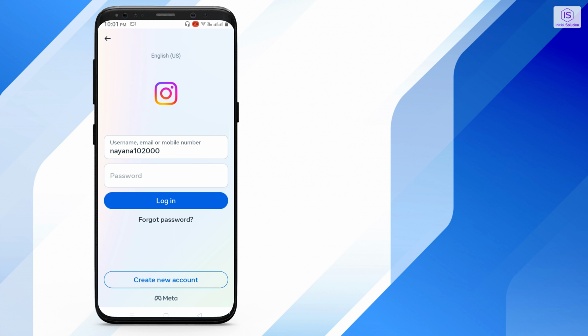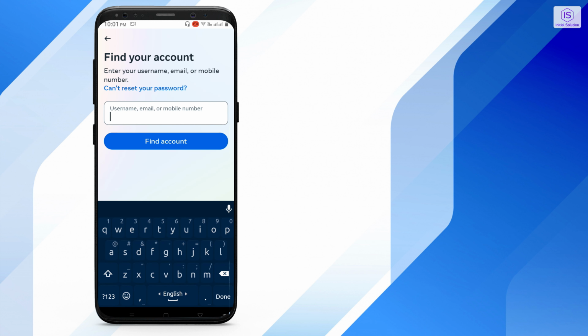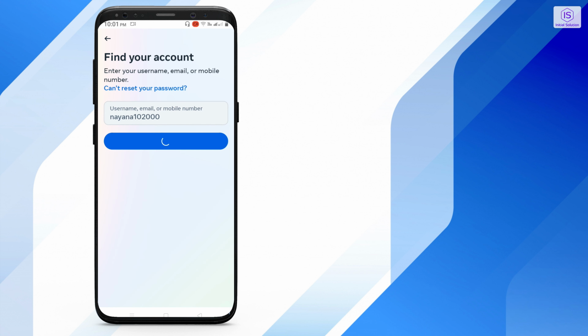In this video, I'll show you how to fix a forgotten password on Instagram. So if you want to log into your account and you can't remember your password, go here to Forgot Password and search for your email, mobile number, or username. If I just use my username and go for Find Account,